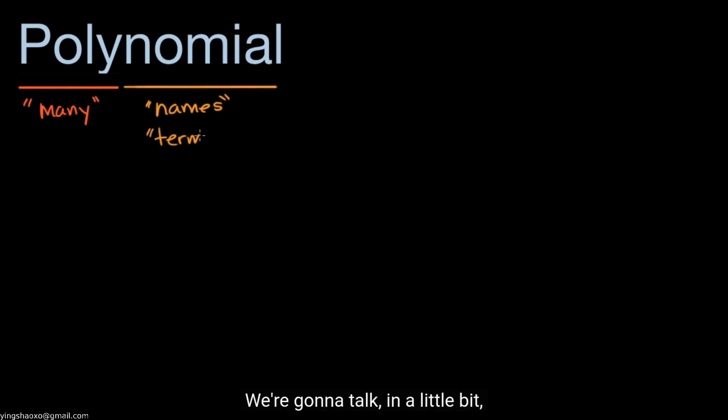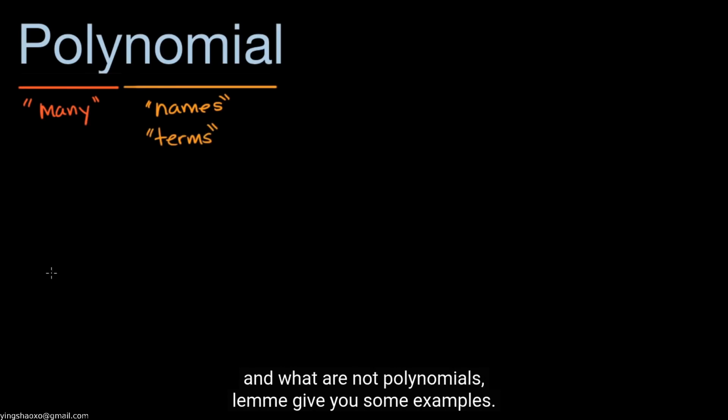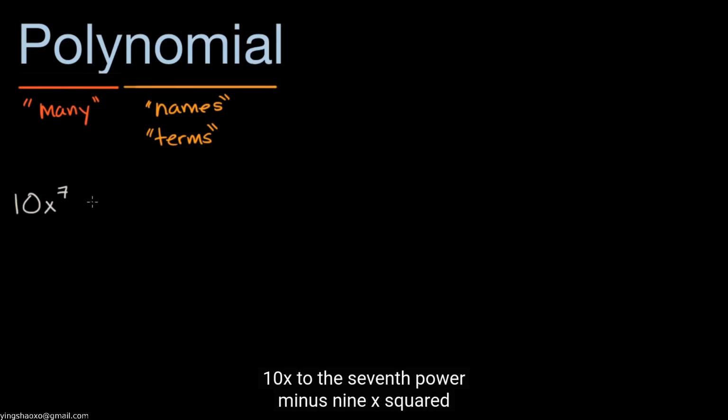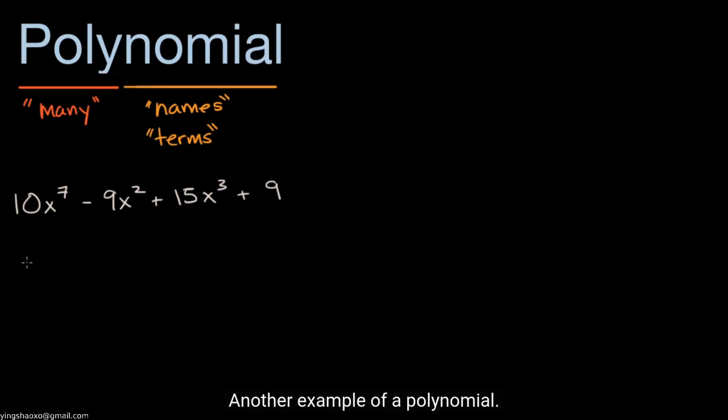And we're going to talk in a little bit about what a term really is. But to get a tangible sense of what are polynomials and what are not polynomials, let me give you some examples, and then we could write some maybe more formal rules for them. So an example of a polynomial could be 10x to the 7th power minus 9x squared plus 15x to the 3rd plus 9. This is a polynomial. Another example of a polynomial,